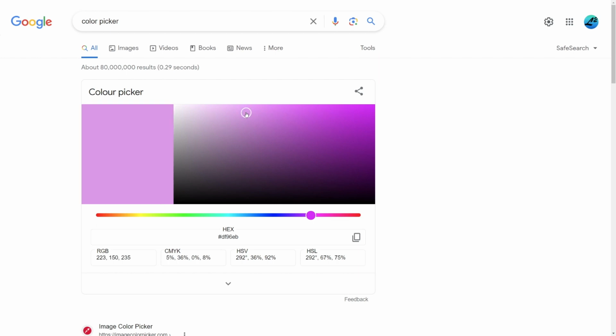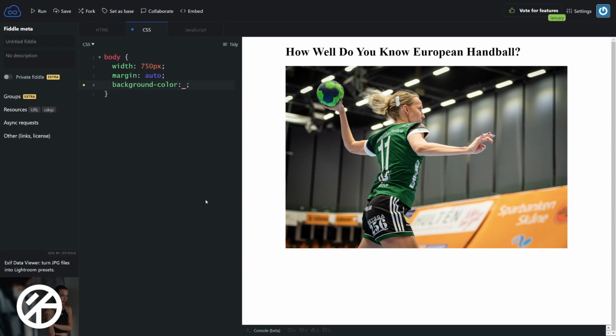So if I go left here, you'll see that it looks more and more washed out. And the reason that I want that is because I don't want the background to take the viewer's attention. I want what we put on top of the background to take the viewer's attention. Once you've got the color that you like, you can hit copy here. Okay, so I'm going to paste mine in there and hit save. And as you can see, that's a very light washed out color that just adds a little bit of style to the page, but it doesn't make it look